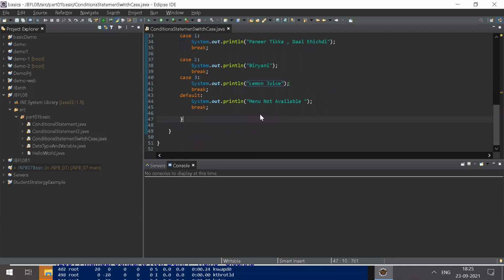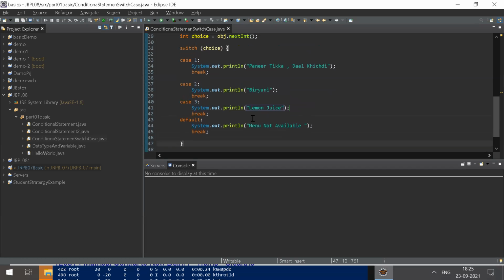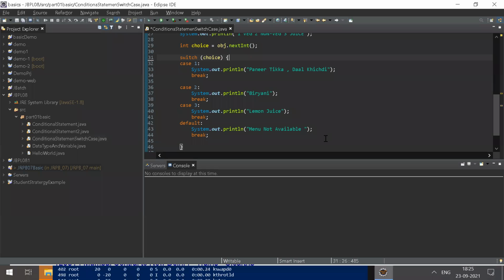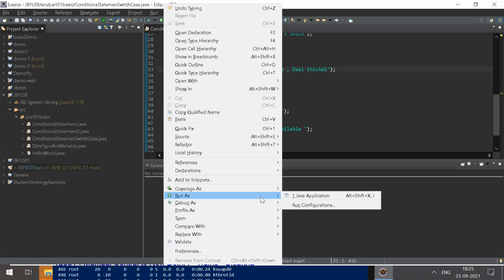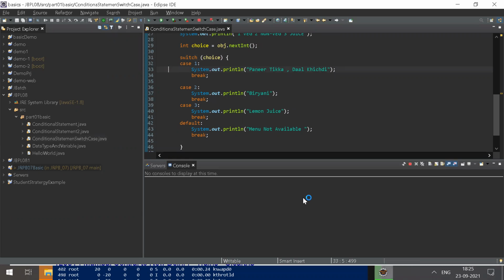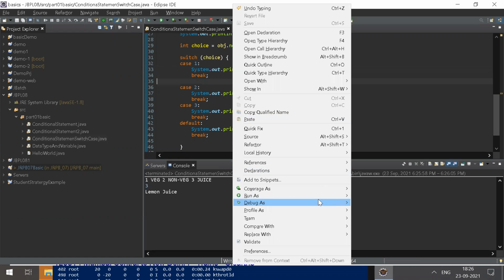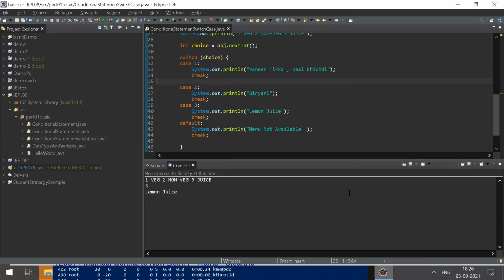This is your straightforward code. Are you finding any difficulty? Does anybody have any doubt? I'm going to run this. Right click and run as Java application. I am putting third for the juice, lemon juice. I am running again, right click, run as Java application, and putting 5.